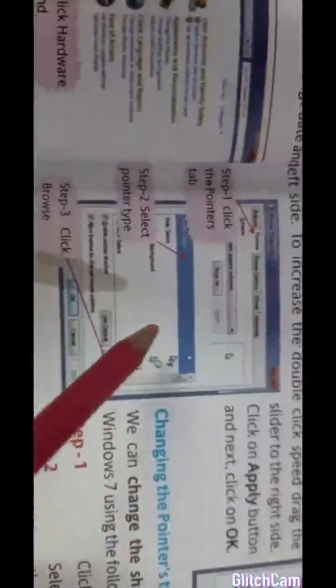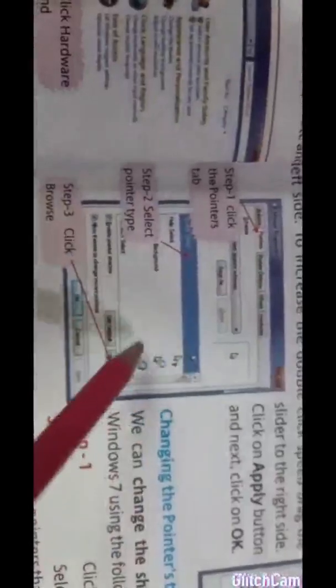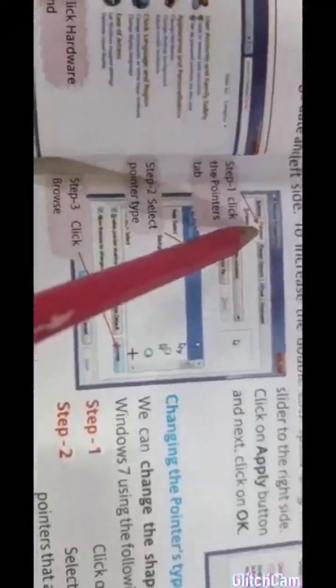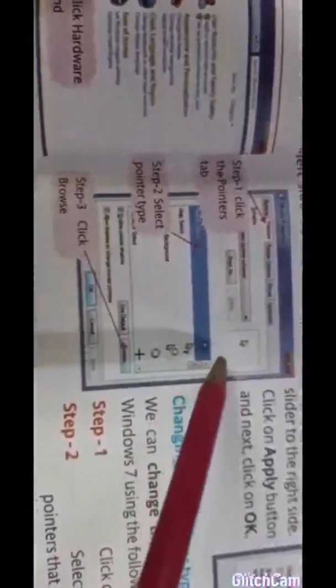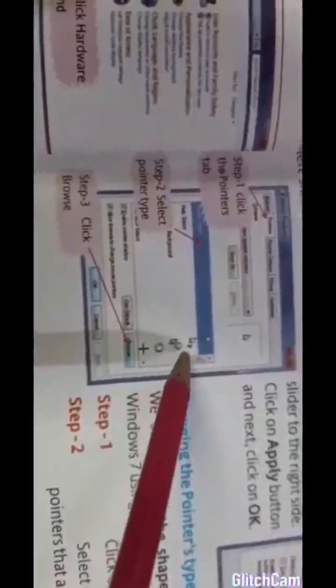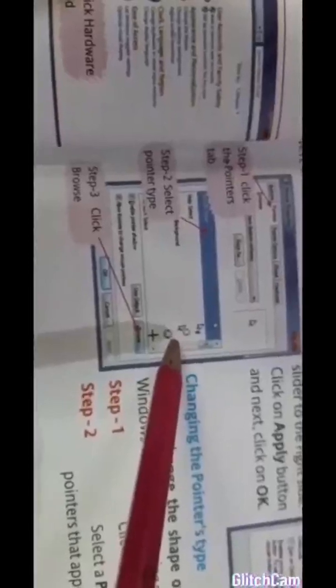Now if we want to change the pointer shape or pointer type, in the same window we have to click on the option Pointers, and then we can see so many pointers available on your screen. If we want any other pointer or shape, we can click on that.